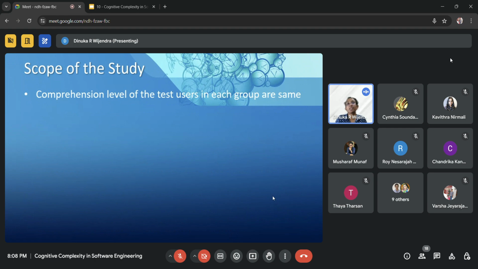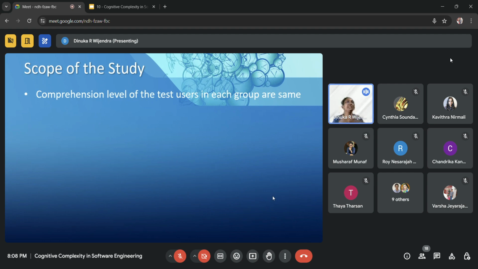And I told you I have used 400 test users, and I have divided them into G1, G2, G3, G4. Under that, I made a major assumption. With each 100, I assumed they have equal comprehension levels because of the same marks that they obtained. But for all scenarios, we can't take it like that.